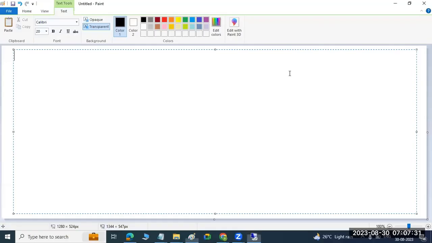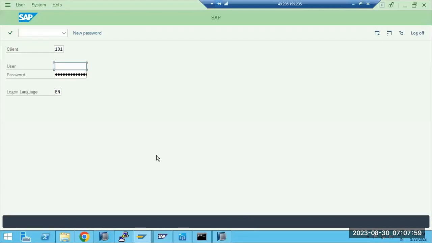Agenda of today's topic is plugins patching or add-on installations, or the SPAM and SAINT transaction codes. So what is meant by SPAM? SPAM means Support Package Manager. So which means, if you have existing components, suppose you see in your systems,